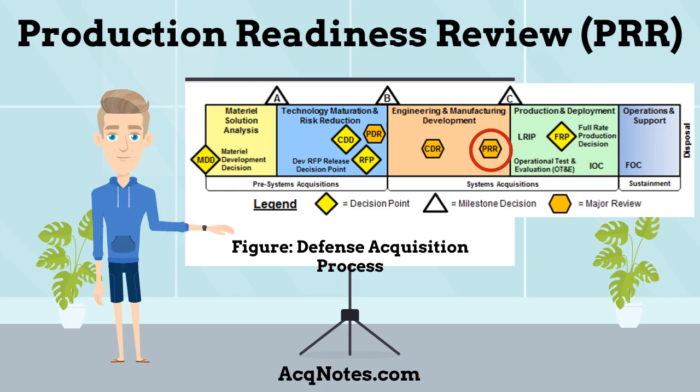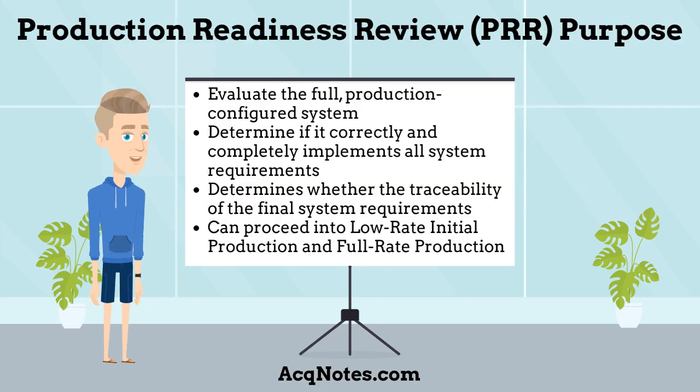The PRR should be conducted during system capability and manufacturing process demonstrations to identify and mitigate risks as the design progresses. What is the purpose of the Production Readiness Review? The purpose of the PRR is to evaluate the full, production configured system to determine if it correctly and completely